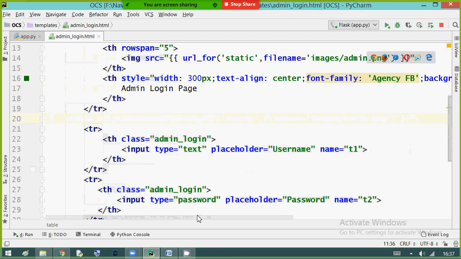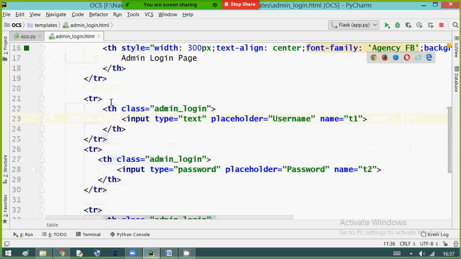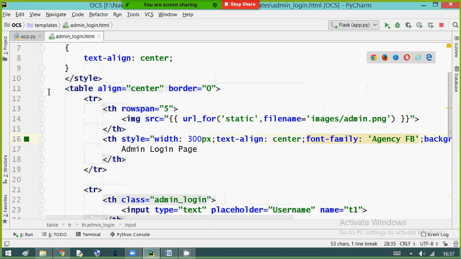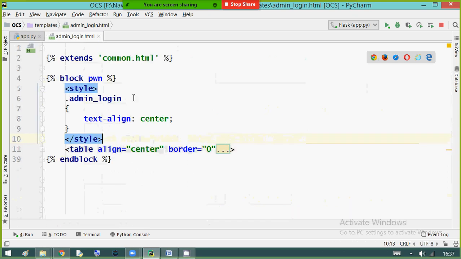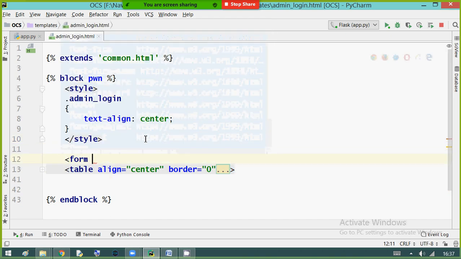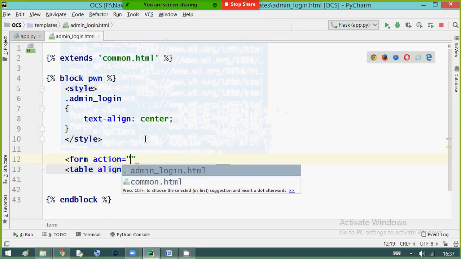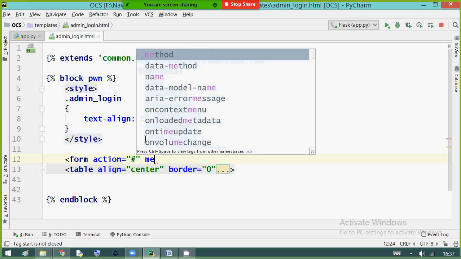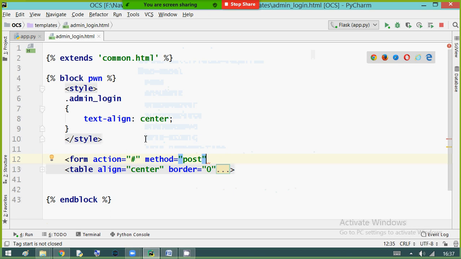In admin login, the complete details like username and password are designed inside the table. So for ease of understanding, I am writing the complete table inside the form element. Form action equals, temporarily I am writing hash. I will change it later. Then method equals post. Now close the form.